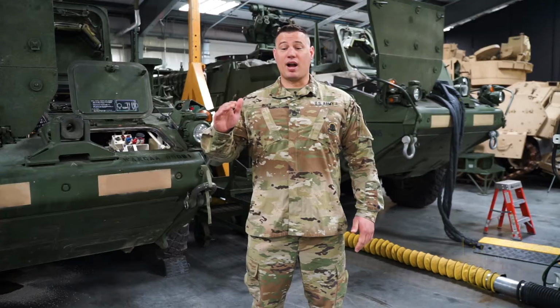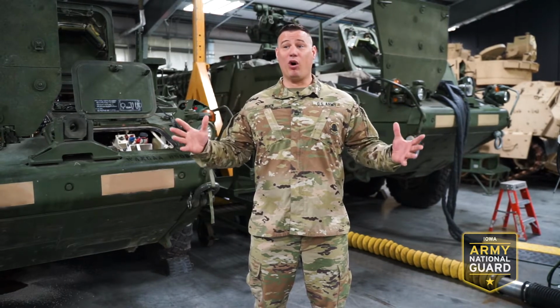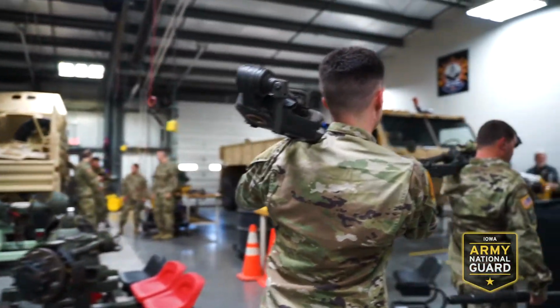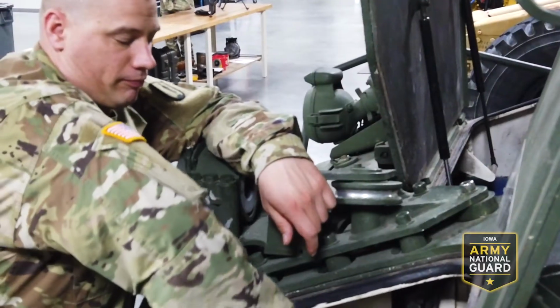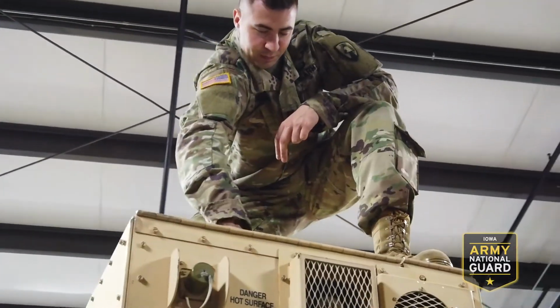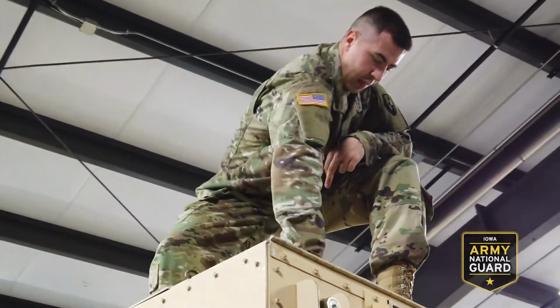Sergeant First Class Buck. I have 91 X-Ray. My MOS encompasses all 91 series maintenance MOSs up to the 91 X-Ray, where I'm in charge of all maintenance soldiers. So as a maintenance soldier, I work on all these pieces of equipment here, but as a 91 X-Ray, I supervise the entire shop, the flow into the shop, flow out of the shop, all the equipment that's getting worked on. I supervise the soldiers. I ensure that they constantly have work to do, and I'm the go-between for headquarters and